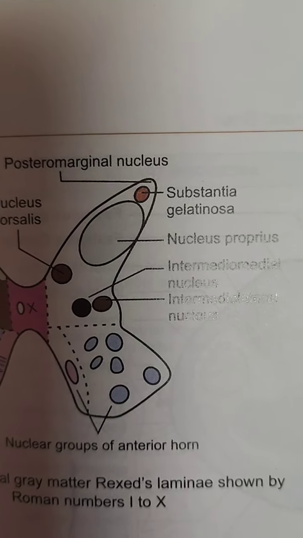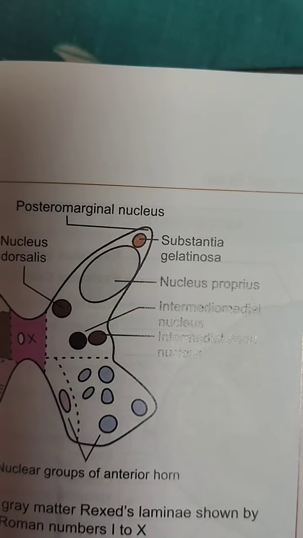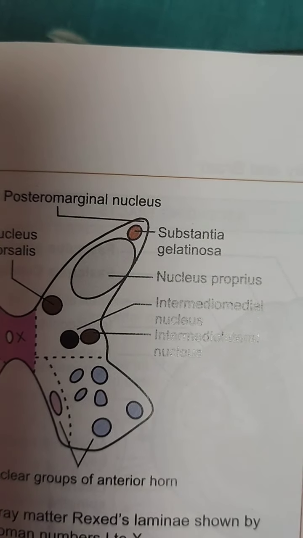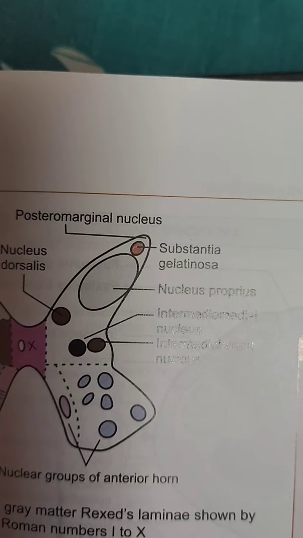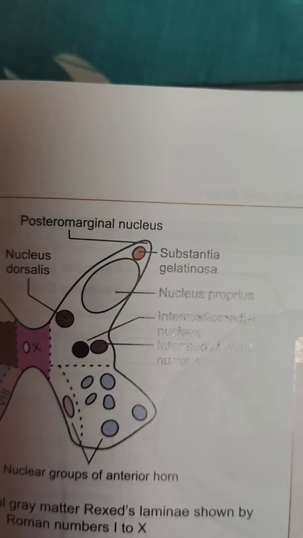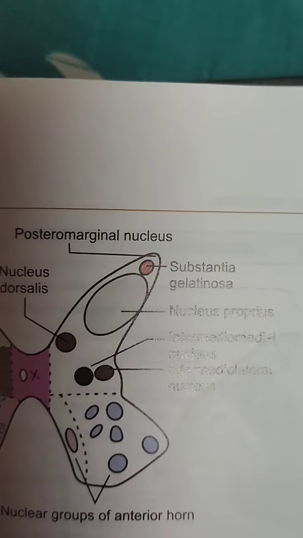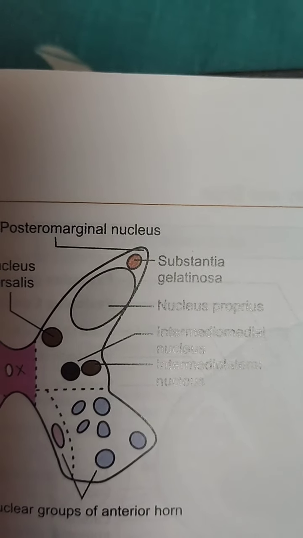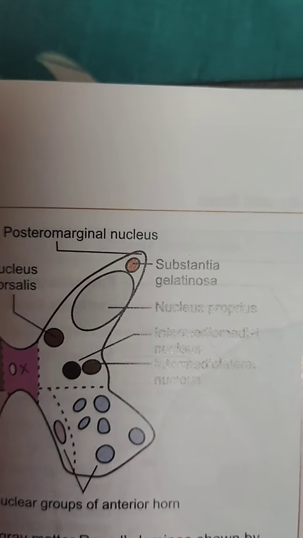Coming to the substantia gelatinosa, it is also called substantia gelatinosa Rolando. It is present at all levels at the apex of the posterior horn, and it mainly receives the sensations of pain and temperature from the dorsolateral tract and gives rise to a part of the lateral spinothalamic tract. Remember, the neurons which come from the dorsal horn cells take the pain and temperature sensations, which relay into this substantia gelatinosa.